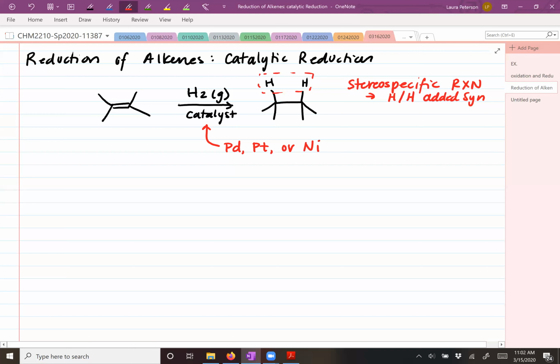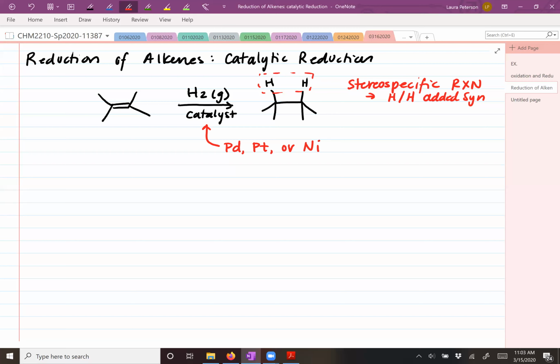Okay, and we're going to think about these transition metals as like a delivery service. And so palladium, for example, can take hydrogen gas from solution and deliver it to the alkene. Okay, and this speeds up the reaction by lowering the activation barrier so that we can use reasonable pressures of